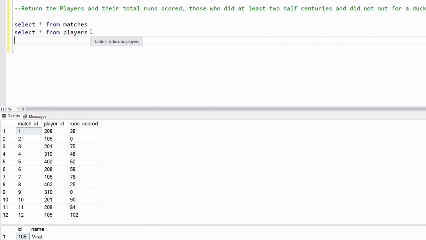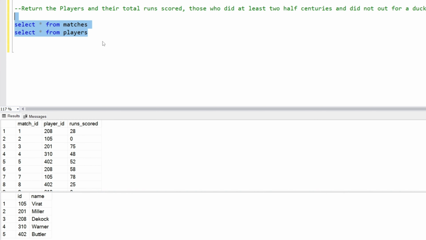So first of all, we will select both the tables. Now the logic would be we'll filter out those players who scored two half centuries, and separately filter out those players who did not get out for a duck. So these logical columns would be created, and for that we have a very beautiful CASE statements functionality, so we're going to use that. So select